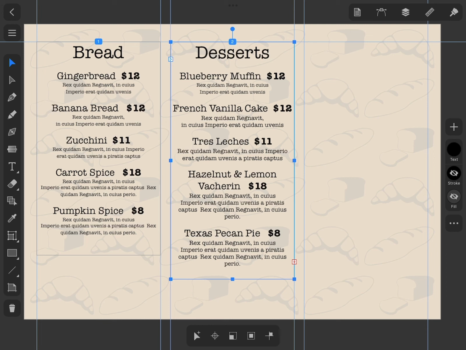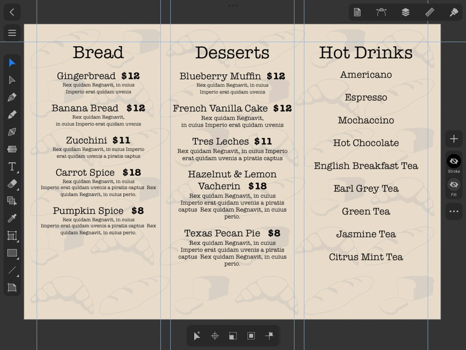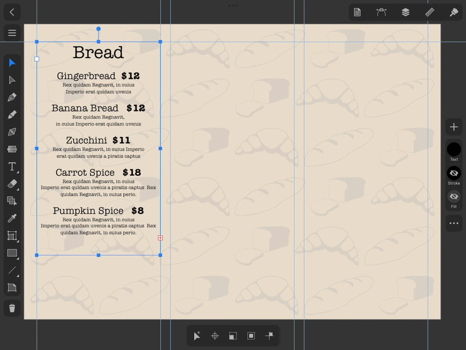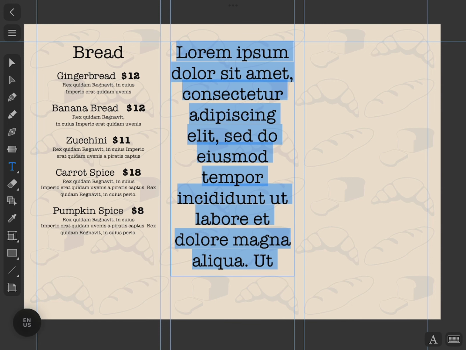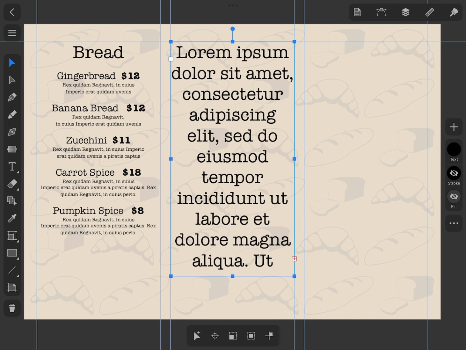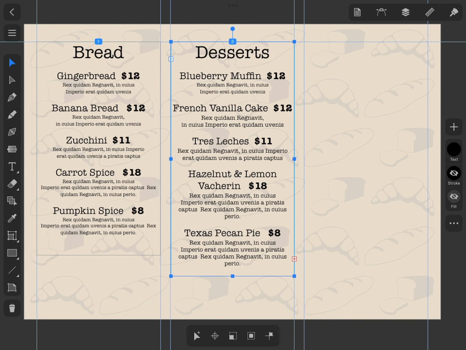Let's start from the beginning again, but now we will create 3 columns. As long as a text box is alone, the squares on its sides are blank, which means that nothing is linked to them. I'm going to add a new text box for the second column that also has blank input and output. To link them, we need to tap on the output of the first column and then tap on the second one. You can see that the connected input and output now have icons with small triangles.